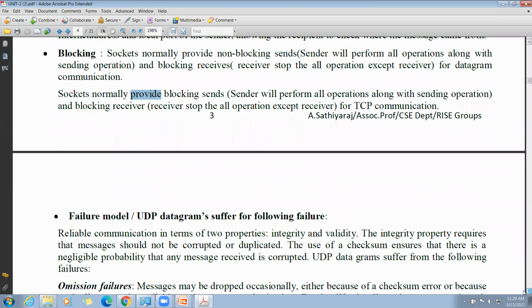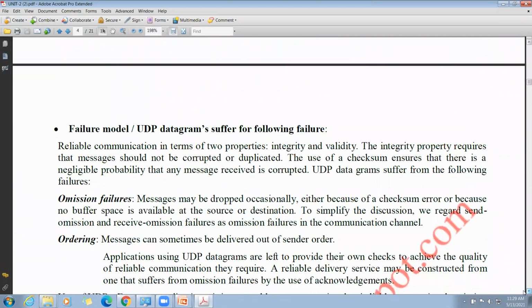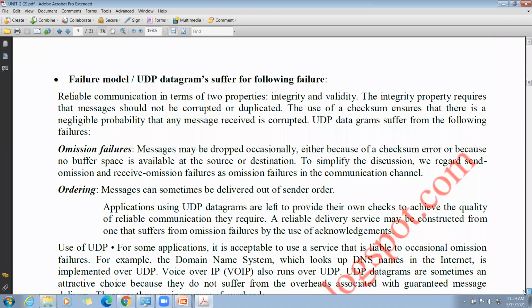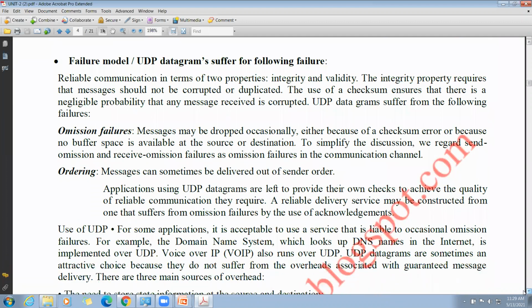The next one is the failure model. See how this failure model affects the UDP datagram. As we discussed some models in the first unit, one of those models is the failure model.